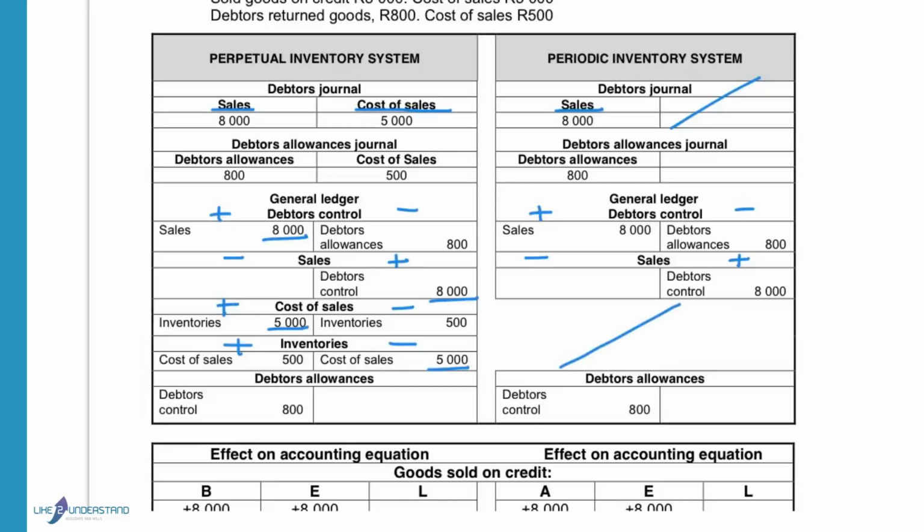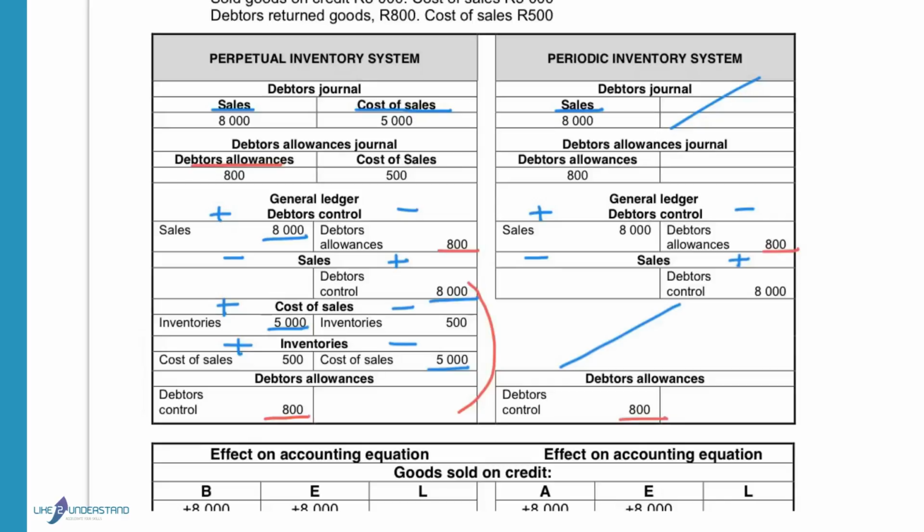In the debtors allowances journal, you will have a debtors allowances column, and for that 800 Rand, you will indicate that the debtors control is reduced on the credit side with 800 and debtors allowances is debited with the 800. So the sales account is reduced with the debtors allowances to decrease the profits. In the periodic system, you will also decrease your debtors on the credit side and you will debit debtors allowances